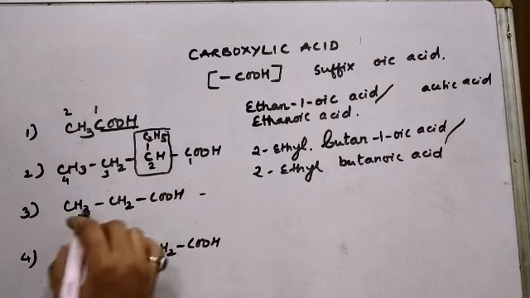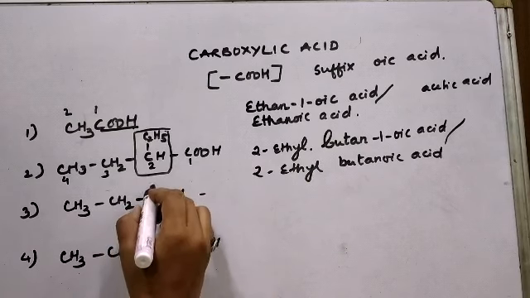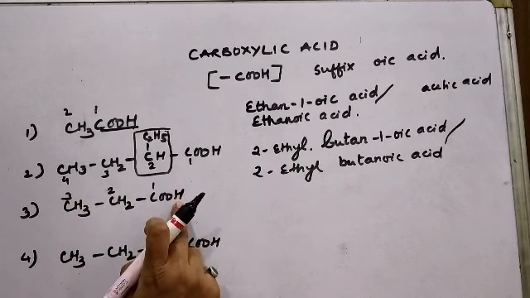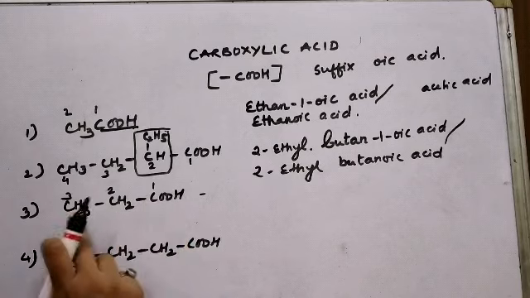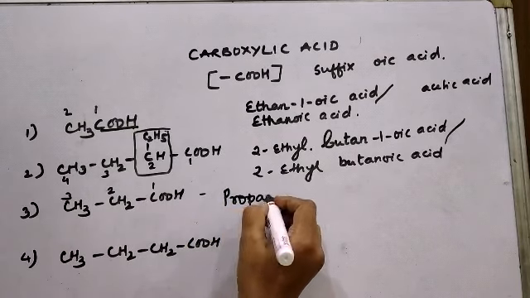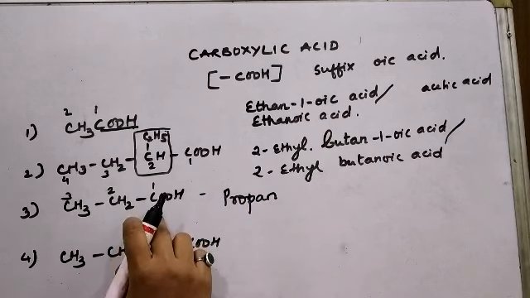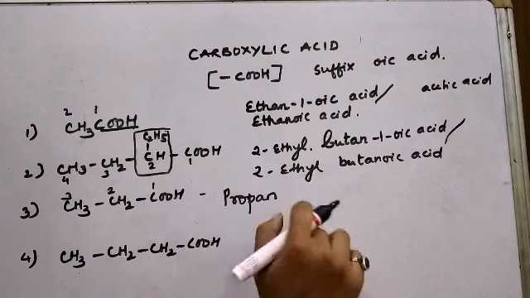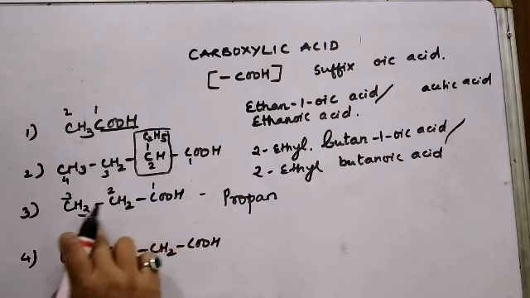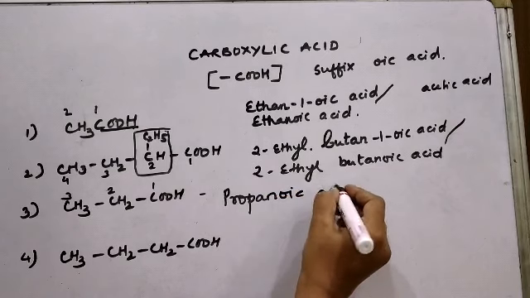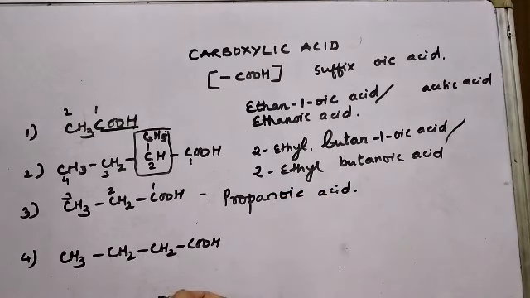Then here we have 3 carbon atoms which are present in the straight chain. So I will number the carbon atoms, giving the lowest numbering to the functional group. So your root word will be propan, and the functional group is attached on carbon atom number 1. If you want to write 1, you can write it, or if you don't want to write it, it is alright. But from 2 onward you have to mention it. Now since it is an acid, our suffix will be oic acid. So this is propanoic acid.